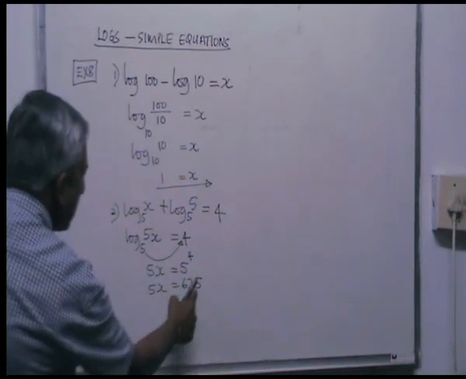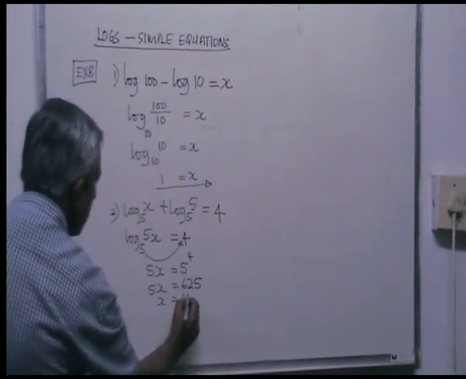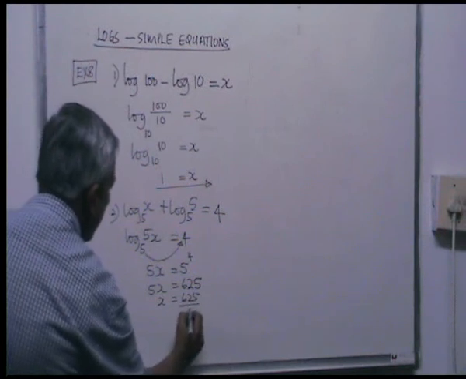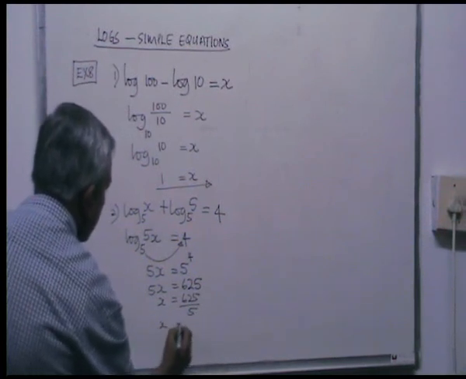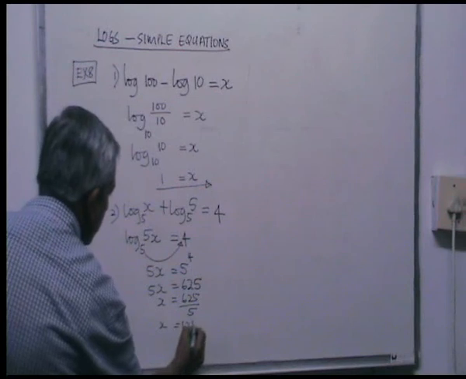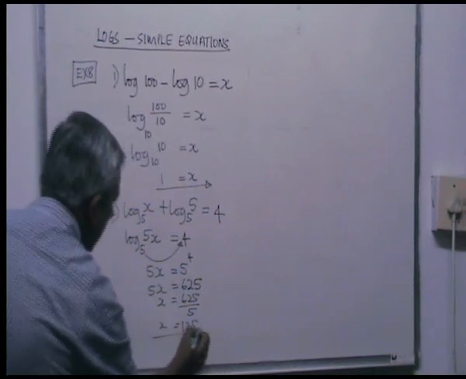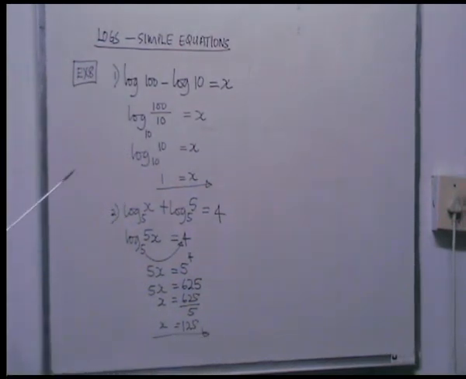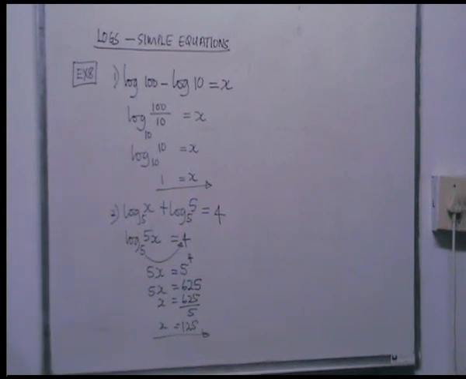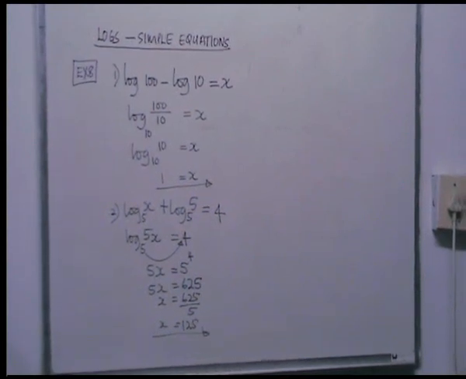Now 5x is equal to 625. x is equal to 625 divided by 5. 625 divided by 5 is 125. So x is equal to 125. So like I promised you earlier on, these are equations and they're much simpler than the ones that I did in the